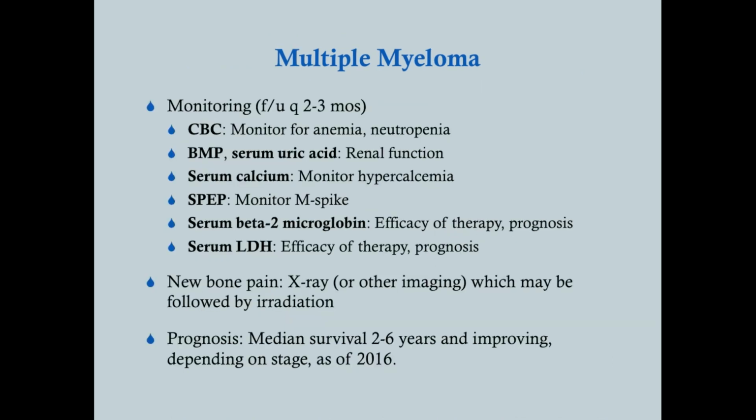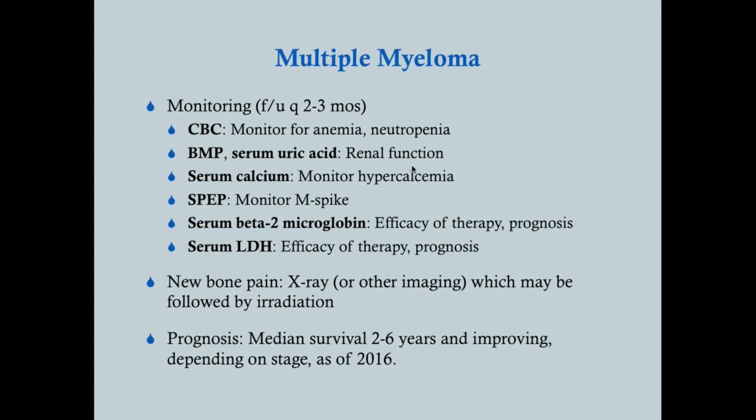So these patients are going to be monitored every 2 to 3 months, typically with a hem-onc, and they will get these labs every 2 to 3 months, and what you're really just doing is monitoring for complications, which may be asymptomatic complications, but you want to get ahead of it, and then monitor their response to their chemotherapy. So you get a CBC, obviously looking for anemia and neutropenia. You'll get chemistries and serum uric acid. The chemistries are mostly BUN and creatinine, and the serum uric acid is also a good surrogate for renal